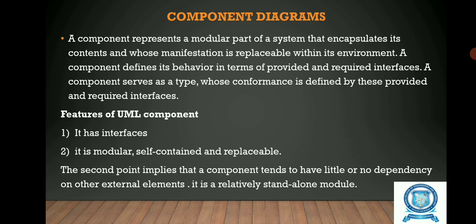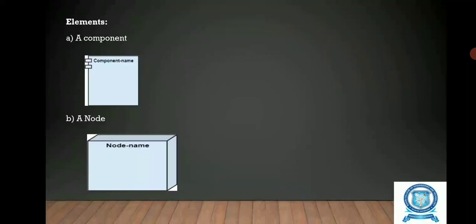Now, let us see the features of a UML component. It has interfaces. It is modular, self-contained and replaceable. The second point implies that a component tends to have little or no dependency on other external elements. It is a relatively standalone module. So, we call that a component diagram. These are the elements which show the component diagram. First, we have a component, a node,